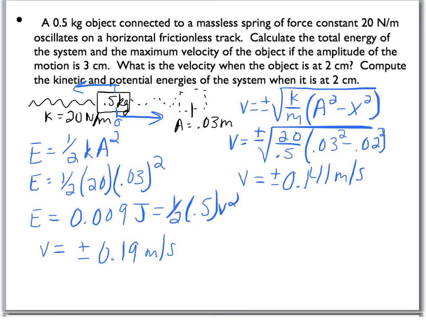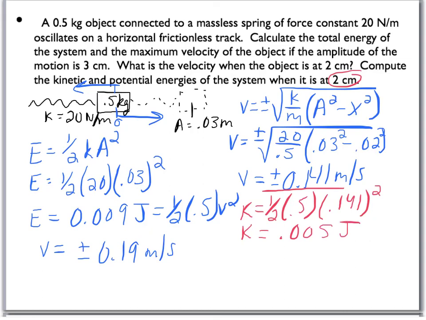Now last, we ask about energies. What is the kinetic energy at this 2 centimeter location, and what is the potential energy at the 2 centimeter location? For the kinetic energy, we know that that is equal to just 1/2 mv squared. So we can plug in our 1/2, the mass of the object, and we just found the velocity at that position of 2 centimeters. So we can plug in the value we found and square it. And we'd find that our kinetic energy at this location is equal to about